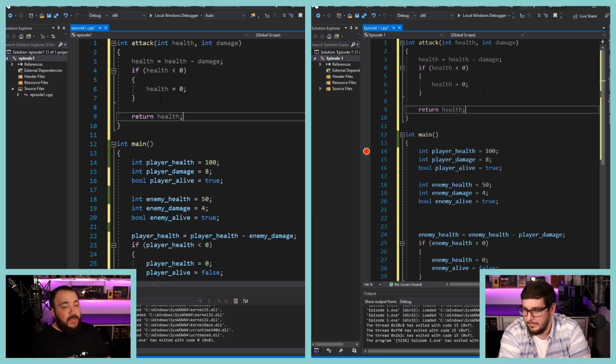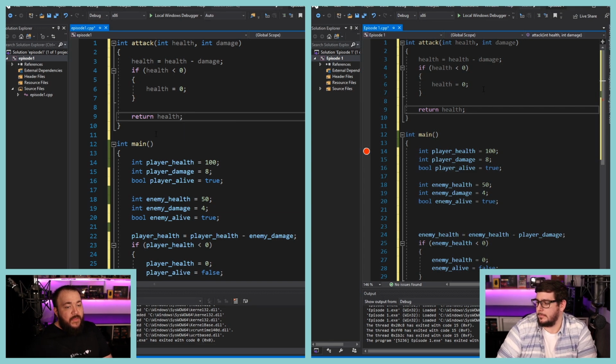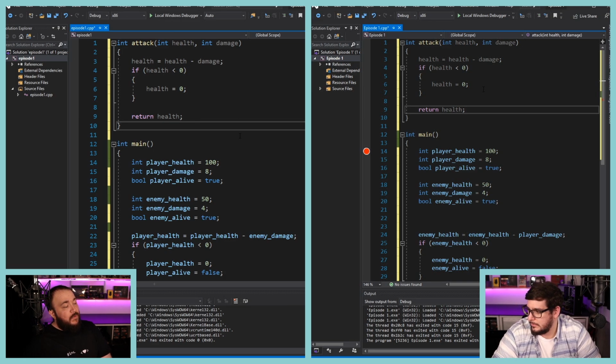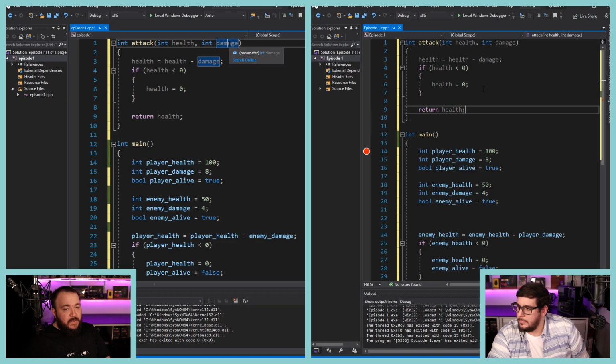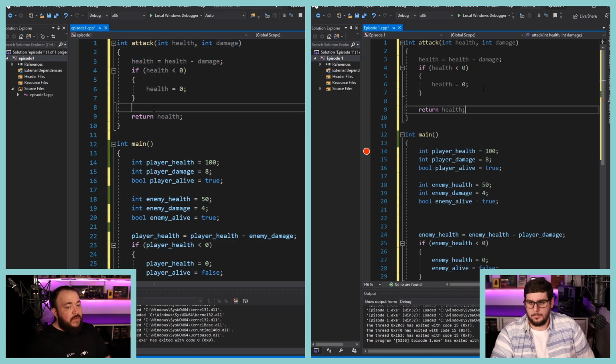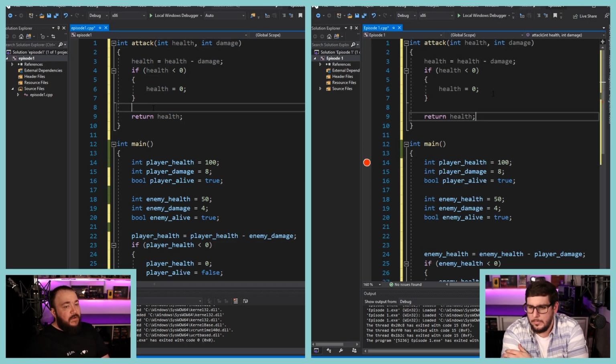Because what we want is for the function to be what's called a pure function. If you look at the function here, there is nothing from the outside influencing it, and this function isn't modifying anything that isn't within the function. Everything it's modifying exists within the function. There are no outside forces here. That's called a pure function. It only works with the data that's within it.